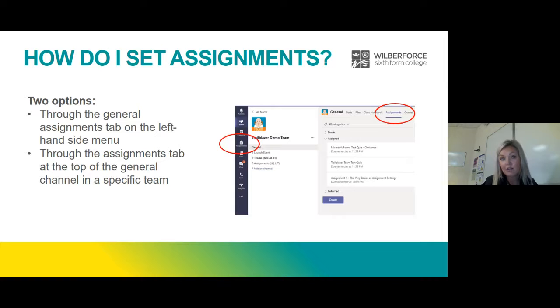So again, that can make things a little bit easier rather than deciding which one of the classes you're trying to set that assignment for. The other thing is you can click on that assignments tab and see everything that's been set for that team, which is useful if you're sharing a group with another member of staff or multiple members of staff. That's really useful as well.